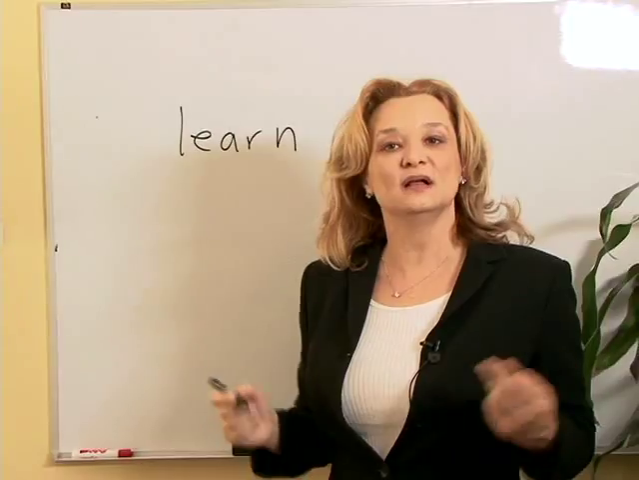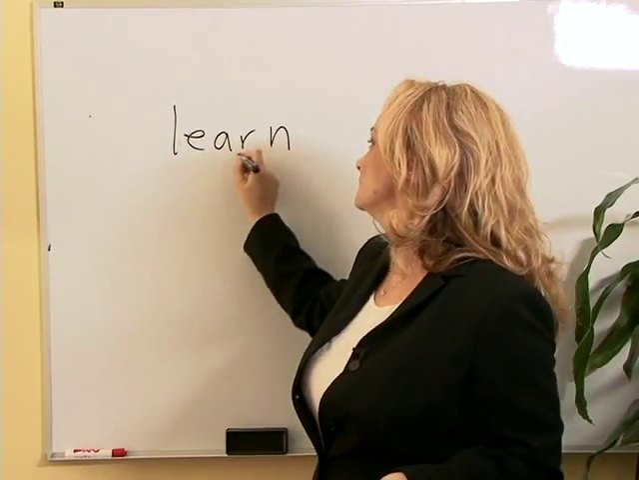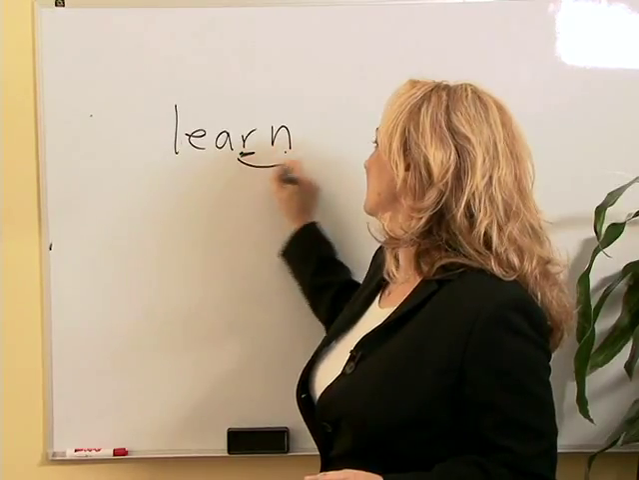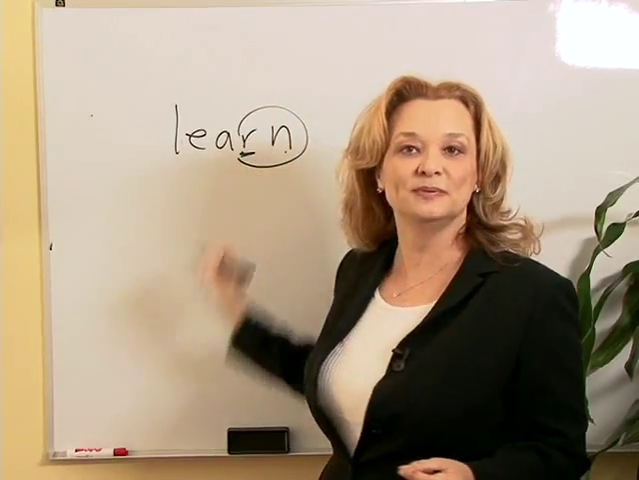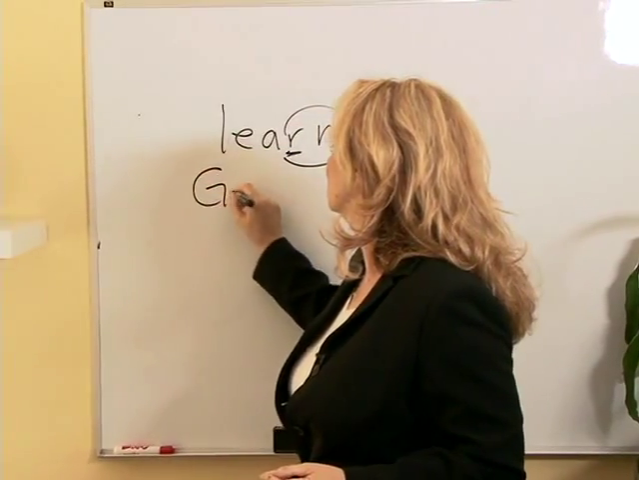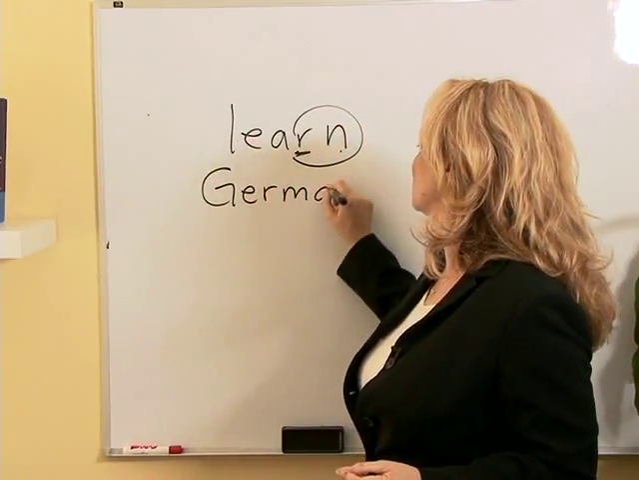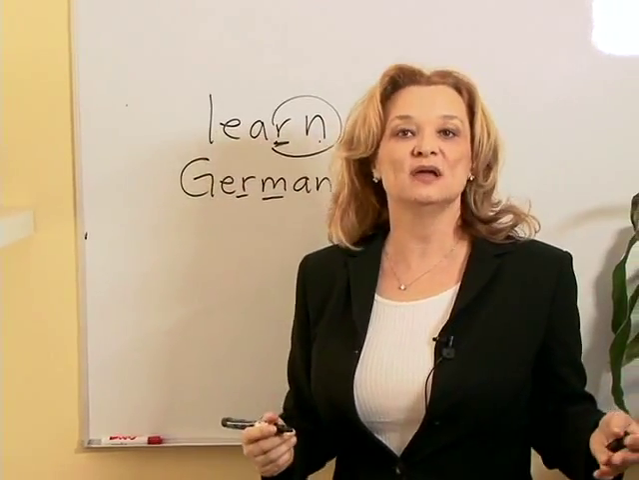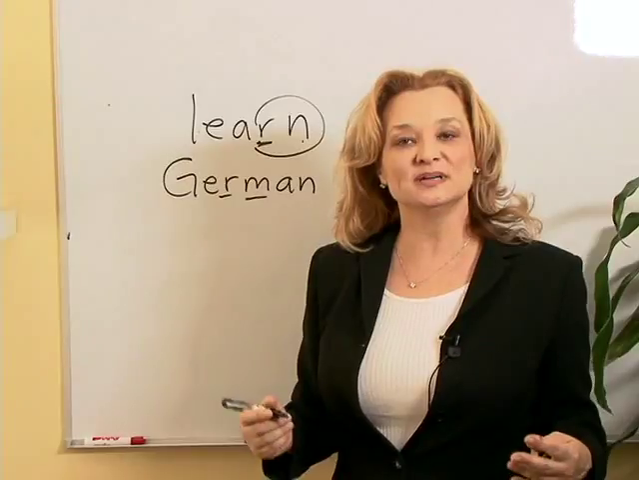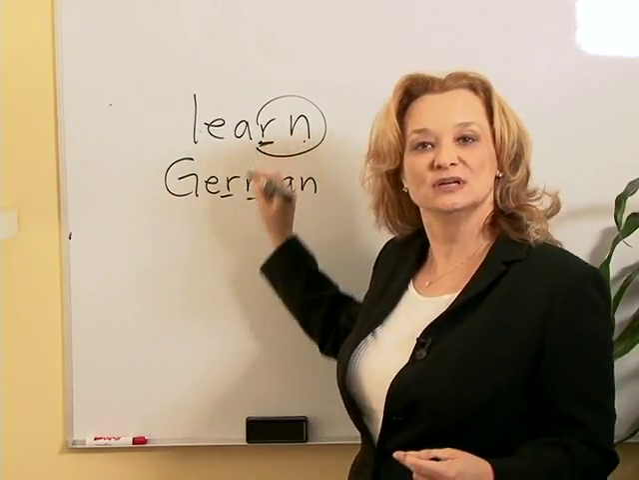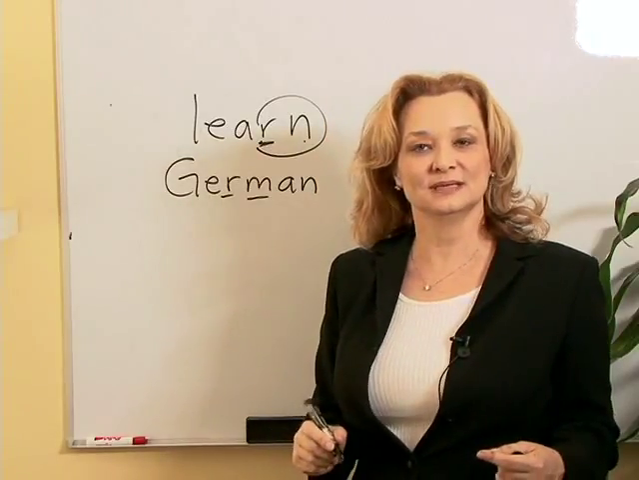British people would say learn. Americans would say learn. So we have this RN combination, R plus consonant. Let me show you one more. RM. British would say German. Americans would say German. Learn German. Let's practice a few